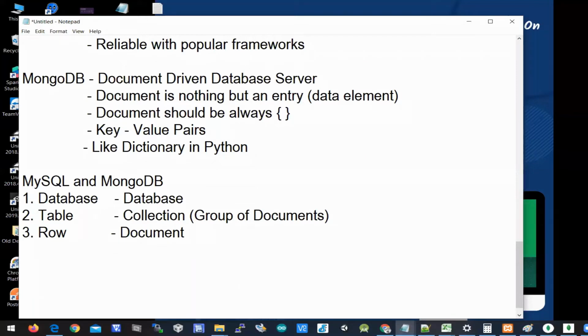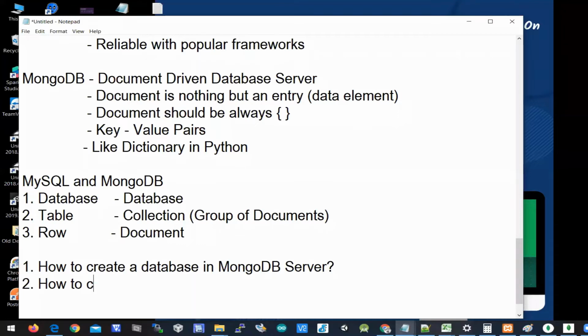So let's jump into MongoDB. Today in this short webinar, because we have only 1 hour of time, I'll show you how to create a database in the MongoDB server. I'll show you how to create a collection. We cannot call it a table in MongoDB because MongoDB is a document driven database. How to create a collection,